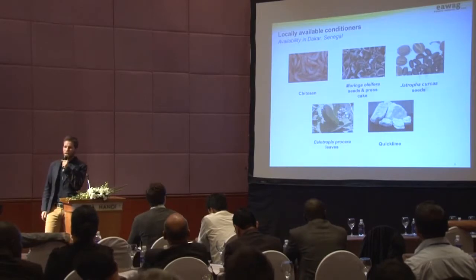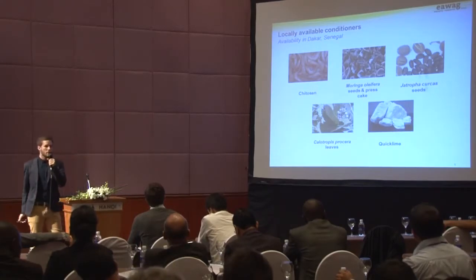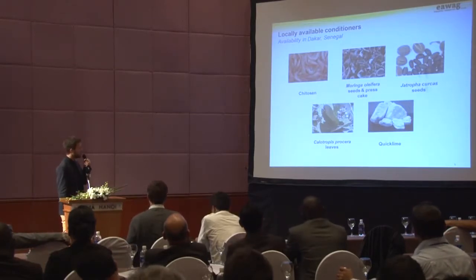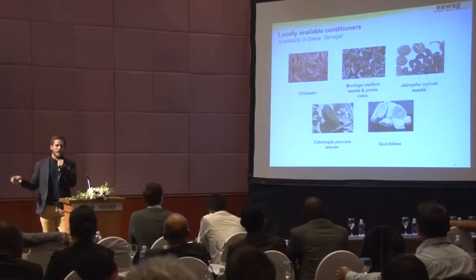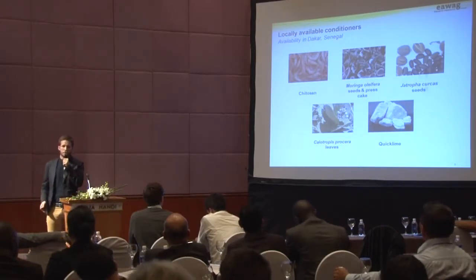I think I don't have to say much about lime. Chitosan is produced from chitin, which is a part of everyone's hair and nails, and is commonly produced from the shells of shrimps. So all areas around the world, big cities which are located next to the sea, have the potential for production of this fish waste, which can be processed into chitosan. Moringa oleifera is at the moment a bit of a hyped plant. In Europe, you get it now as a tea. It's also produced as an oil. In Senegal, it's also a popular food, and the leaves of the Moringa oleifera are eaten. So these were the local conditioners we were looking at.